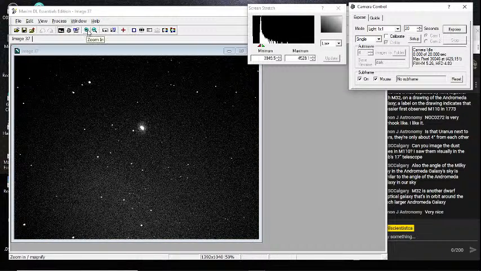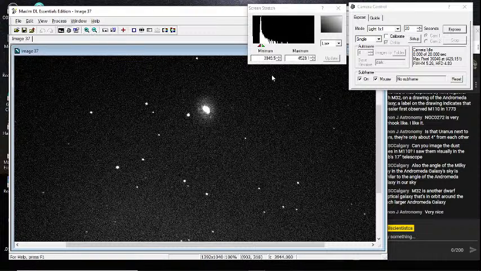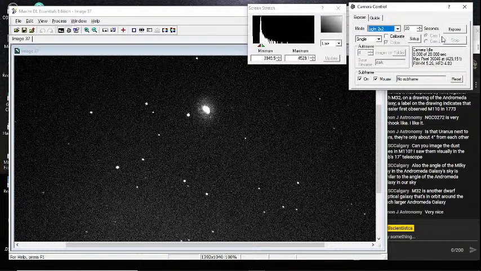Zoom in a bit. So what we'll do is we'll do that binning trick again. You can see a central bulge here. And you can see kind of the spiral arms around it there.